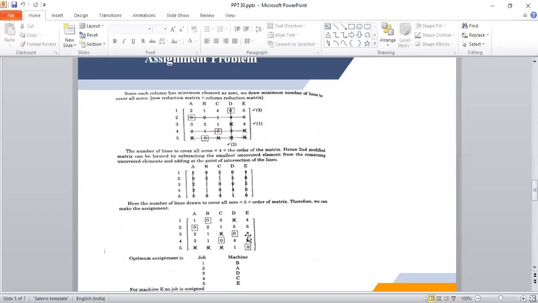And when you sum up the corresponding costs, the man hours, the optimum cost is 3 plus 10, 13, plus 1, 14, plus 6, 20. The fifth job is allocated to E. The fifth job is a dummy job, so there is no job actually. So no job is allocated on machine E. So this is the allocation, this is the minimum cost, and this is the optimum schedule.